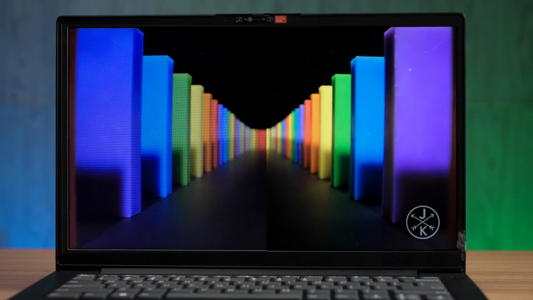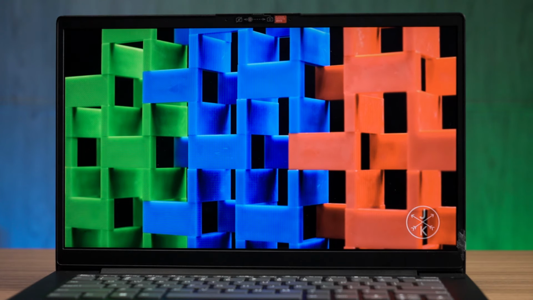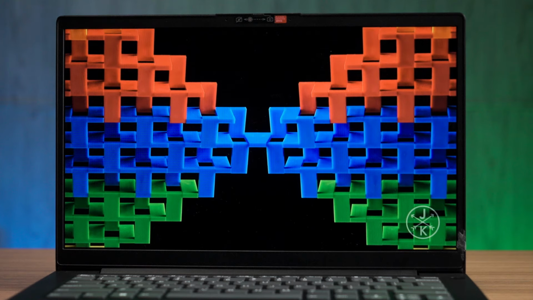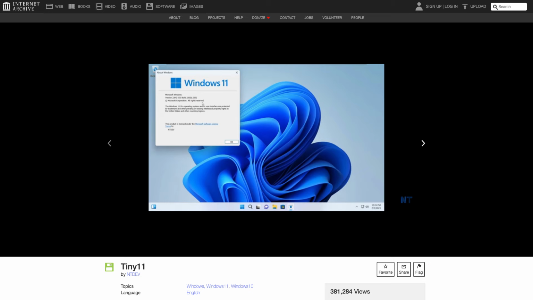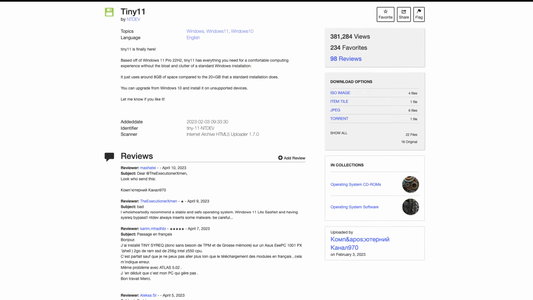And that marks the end of my journey. It looks absolutely gorgeous, and I use it as my secondary laptop right now. I can use this laptop as a test laptop for random software and operating systems as well. It is currently using Tiny11, a stripped-down version of Windows 11 that performs better for computers with not-so-powerful hardware, and I'm not sure if we should talk about operating systems, so let me know down in the